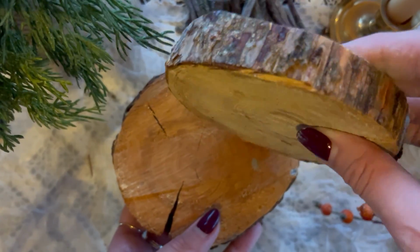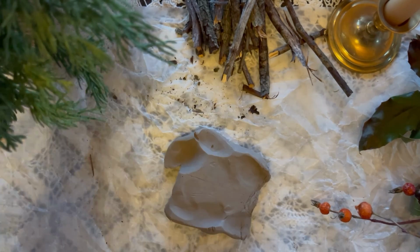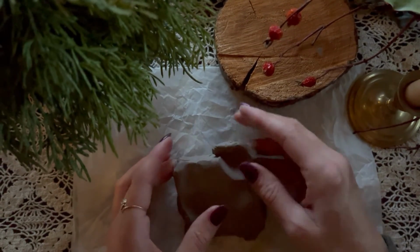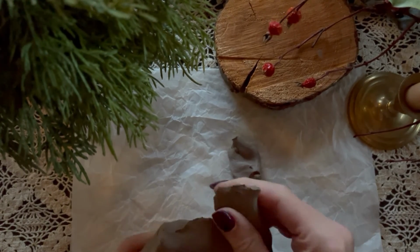I also had these rounds of wood from a different craft project, and I thought that would be perfect for a little display thing that I can glue the moss onto. So that'll be fun. I might use that. Who knows? I'll wait till the end and see what happens. So basically,